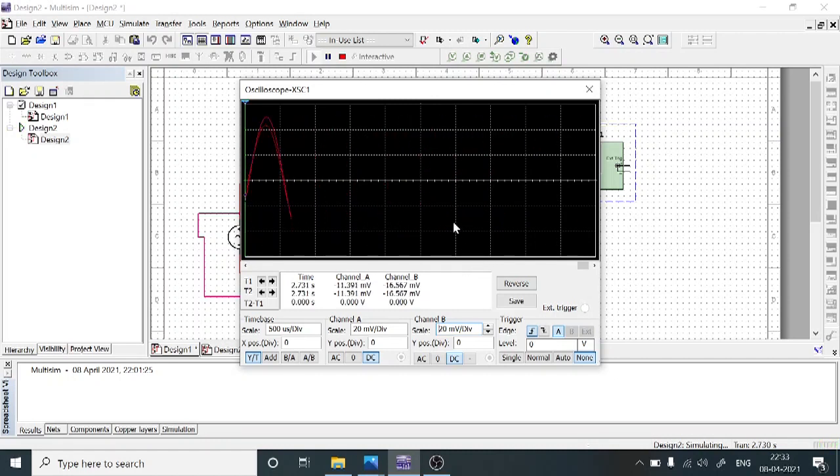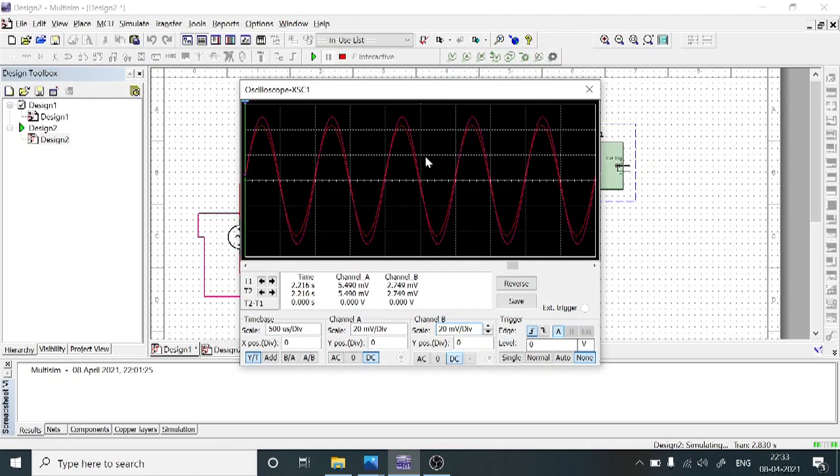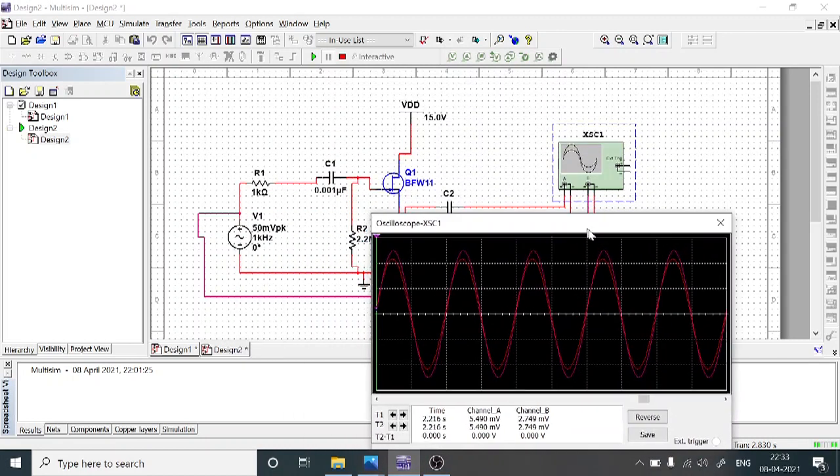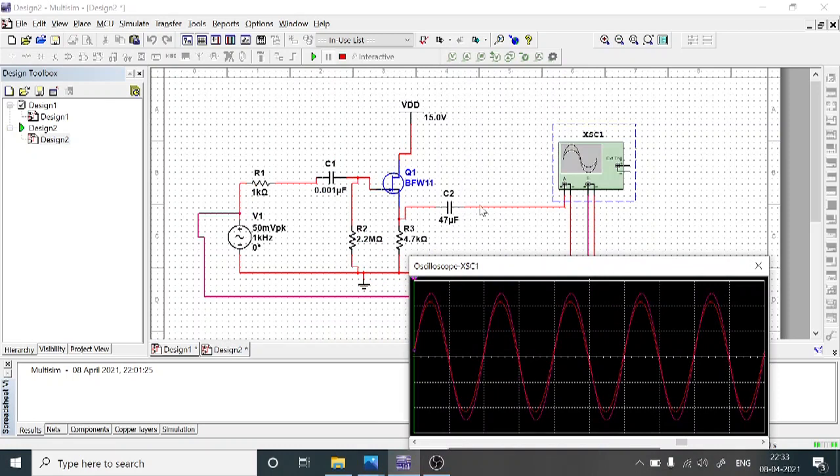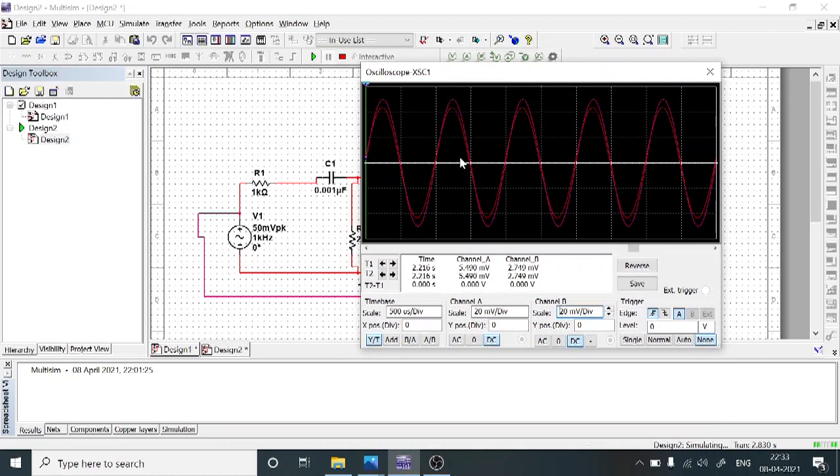So again, by using this response, now we are going to observe the output voltage. To observe this, first pause the simulation, and now we are going to observe the output voltage. Here, as per our given circuit, the output is across channel A. That is the reason we need to measure the channel A amplitude parameter.